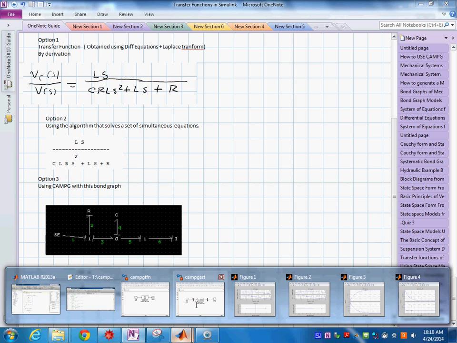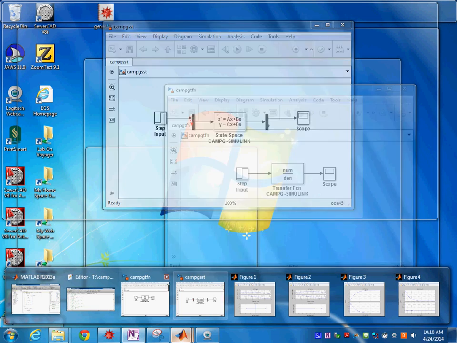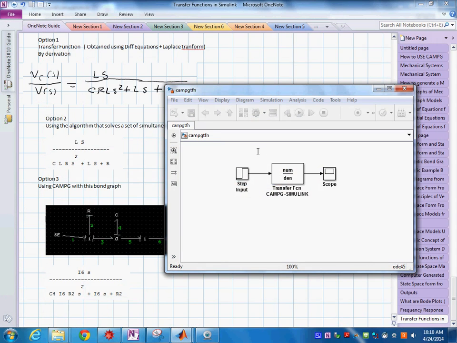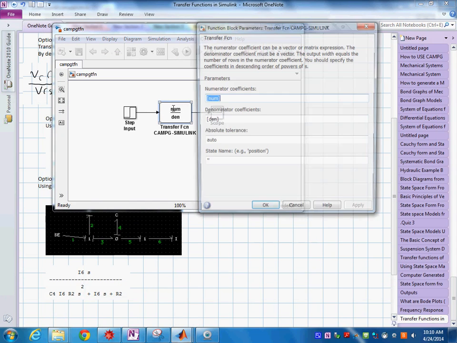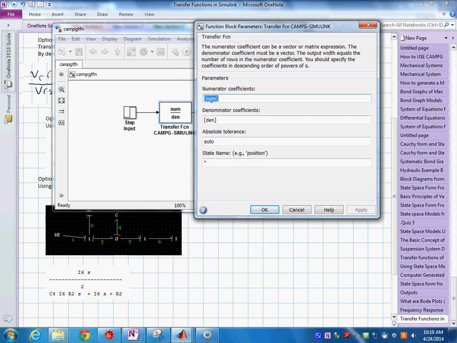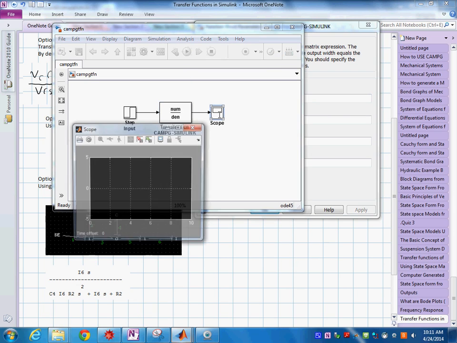But in here, when you double click, there is the numerator and the denominator. Okay, these things have already been calculated for you, and what you need to do is simply this,